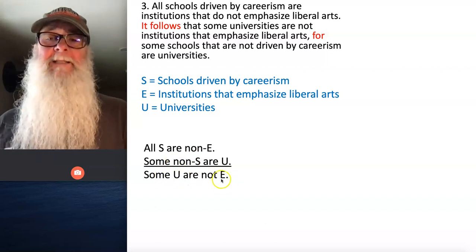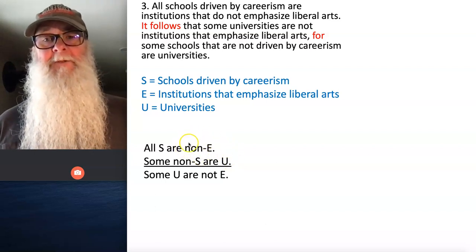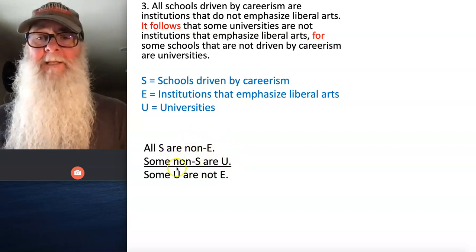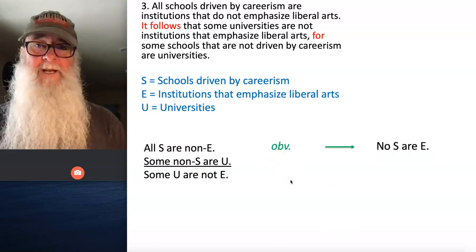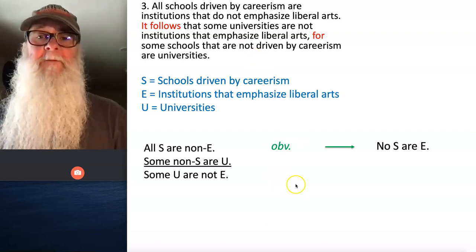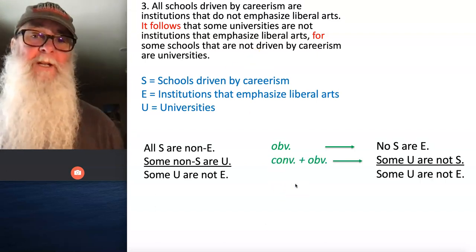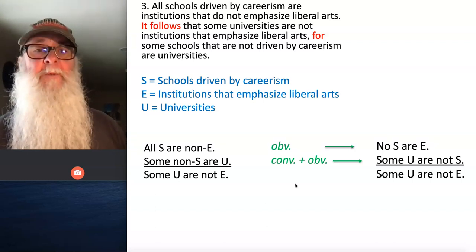U are not E. We want to use conversion, obversion, and contraposition to eliminate these two-term complements, non-E in the first premise and non-S in the second premise. First premise, we can do so by just obverting the statement. So all S are non-E becomes no S are E. And if we convert and then obvert the second premise in that order, some non-S are U will become some